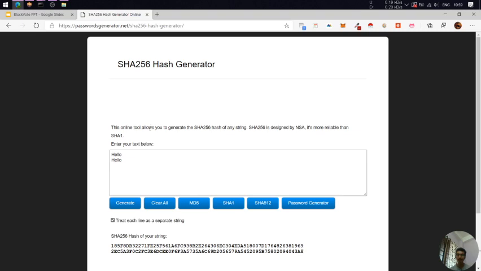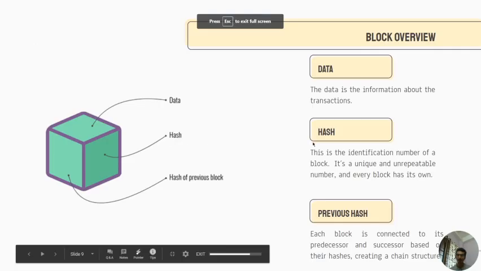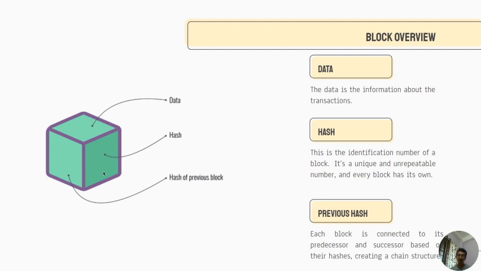So for that reason, we basically did this: the dependency on the data for the hash. And the third parameter, as you have guessed correctly, is the previous hash, because how will I decide which block will get assigned to which block? So it has to create a dependency between the blocks also.